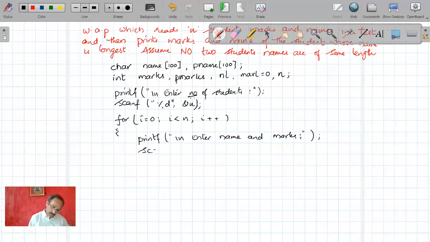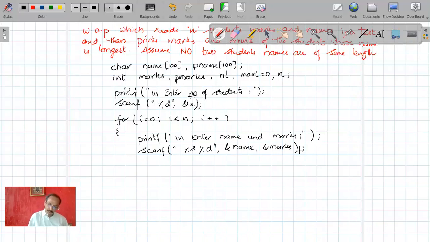So for that, I need to use scanf. Percentage s is for the name, which I want to read as a string, comma, and percentage d is the marks. So ampersand of name, not s, sorry, name, I want to read, and ampersand of marks. These are the things which I need to read.